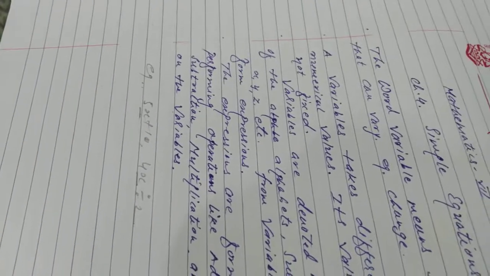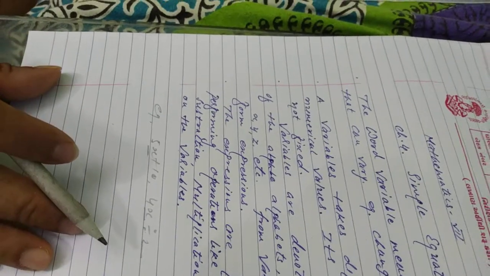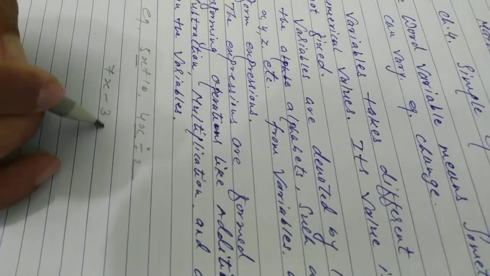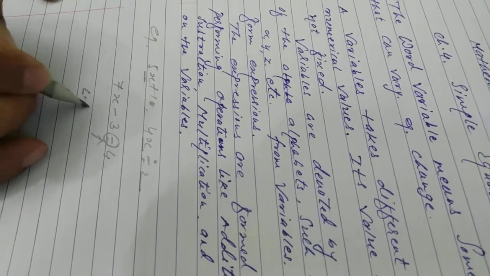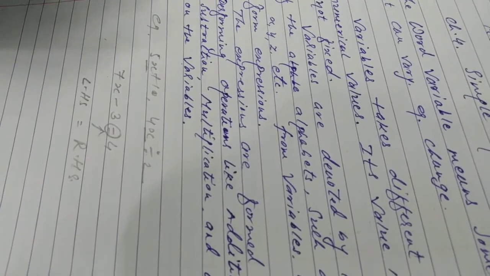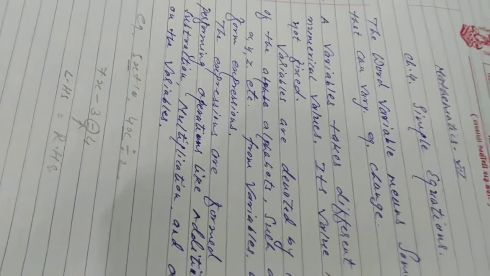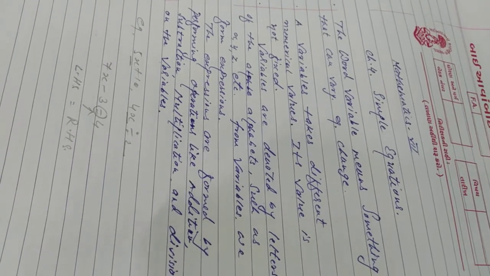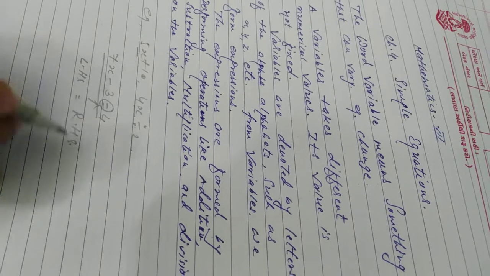An equation is a condition on the variable x. Suppose the condition is an equation, so suppose 7x minus 3 is equal to 4. So it shows what? Equality between the left hand side and the right hand side. Understood? So this condition is satisfied when the left hand side is equal to the right hand side. And this happens when x is equal to whatever value we get, right?